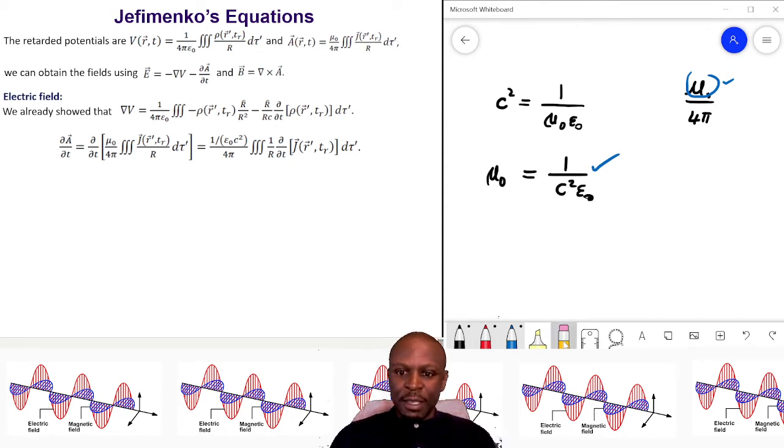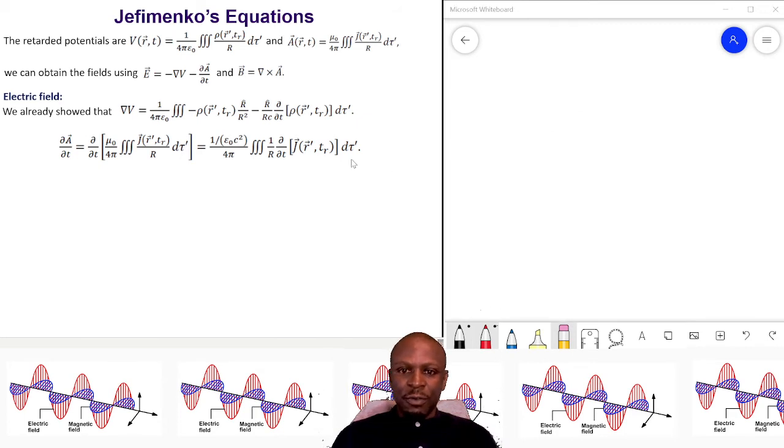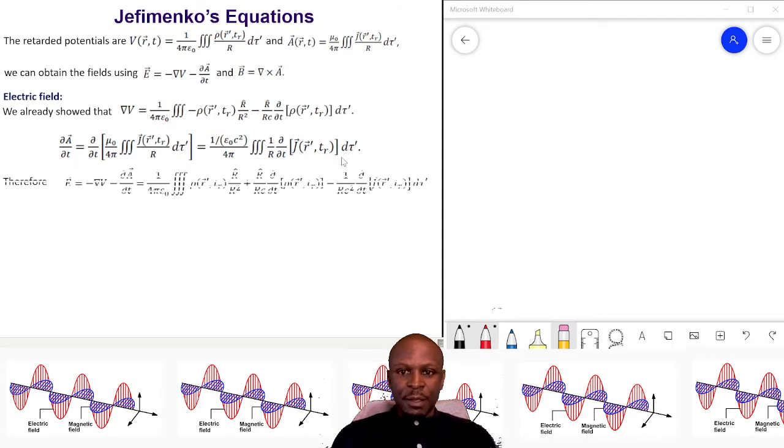Now, if you do that, this is what you are going to have for that time derivative of this. But the time derivative will only go for here inside, because the prime is the integral goes for the prime. Good. Right, now from here we can write the electric